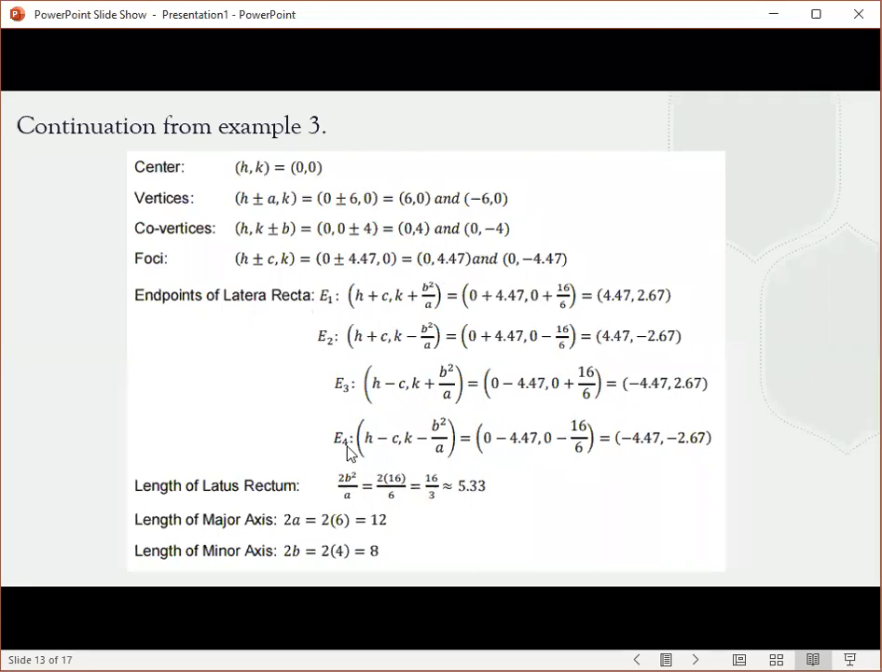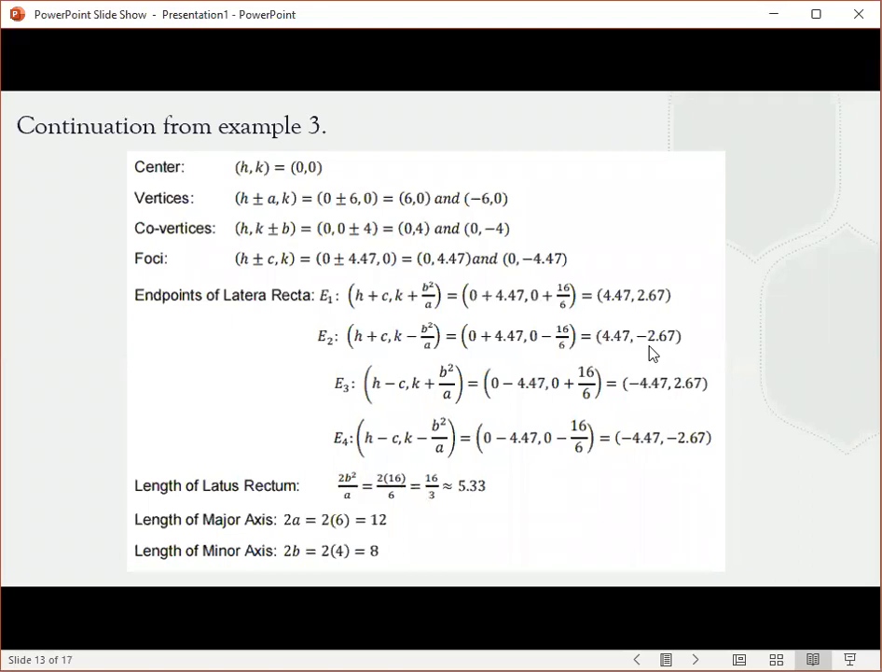Okay, or the latus rectums. We have 4 endpoints. So these are our equations. So as you can see, H plus C or 0 plus 4.47. So you'll have your 4.47. Next, K plus B squared over A. You can still remember B squared, that is 16. Our A is 6. So 0 plus 16 over 6, you'll get 2.67. Next, the second endpoint is almost the same as the first endpoint. However, this is K minus B squared over A. So you have here